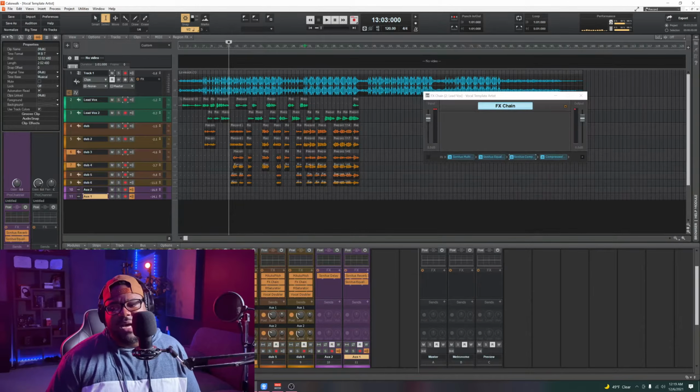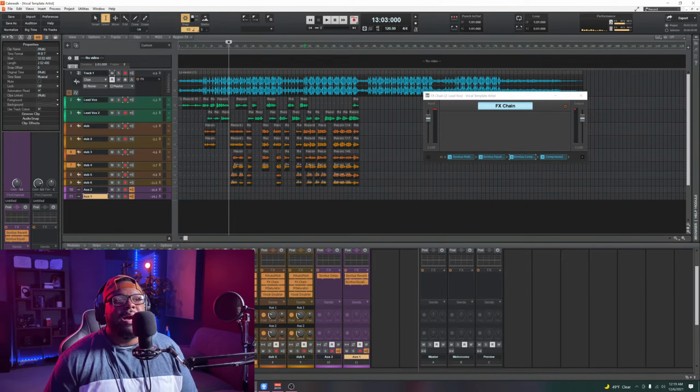Now on my Mac side, I got the Apollo Twin X. Honestly, I paid a lot of money for that. In my opinion, I just don't think it was worth the money that I paid for. You know, it's a great interface. It gets the job done. It sounds good. But if I wanted to upgrade, I could have got away with the SSL 2 Plus. That's definitely the interface that I recommend, that I'm actually about to buy as well,